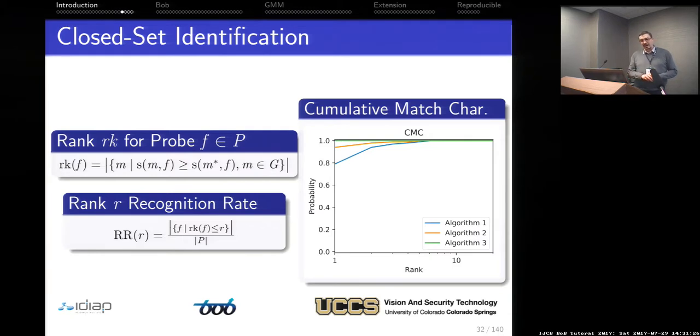For a closed set identification, usually you get cumulative match characteristics or rank R recognition rates. So the rank R recognition rate says, okay, I have several probes. For each probe, I know in which rank my gallery is, which means how many samples from the gallery are more similar than the correct identity from the gallery. So this is how the recognition rate is computed, and the cumulative match characteristics curve, CMC curve,